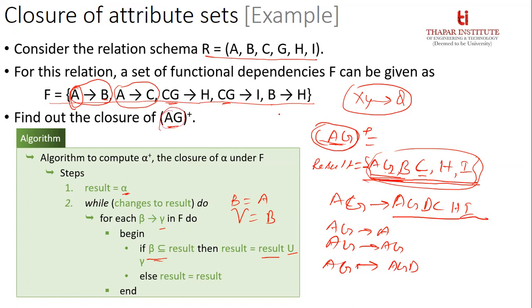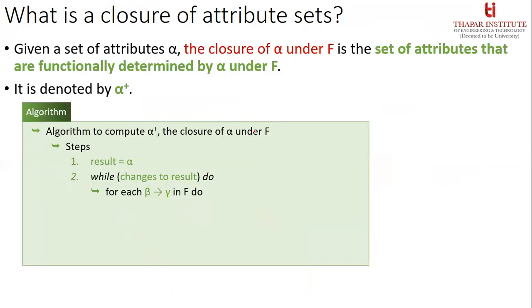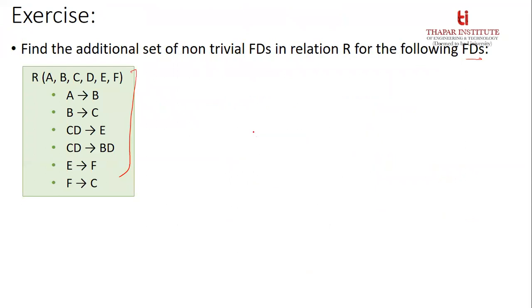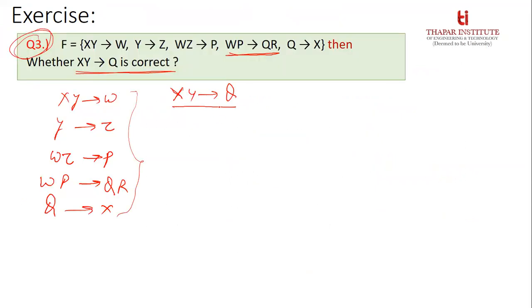Now in the previous question, we wanted to check a dependency. Which one do we have to check? For this, X, Y tends to Q. Is it correct? Now here you have to identify the closure set of XY. How can you identify the closure set of XY? First you have to include XY itself, X comma Y, in the set. Then you have to include W. Now you have to check this: this is a subset of this, then Z will be part of this.